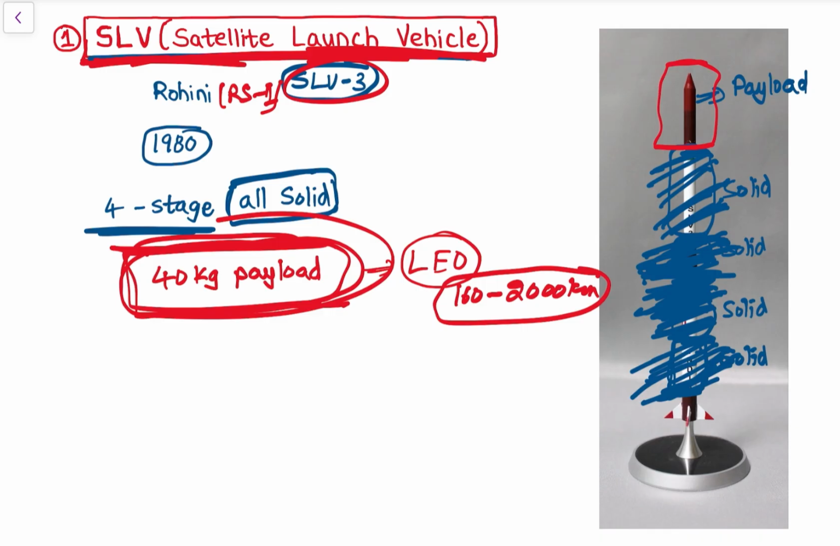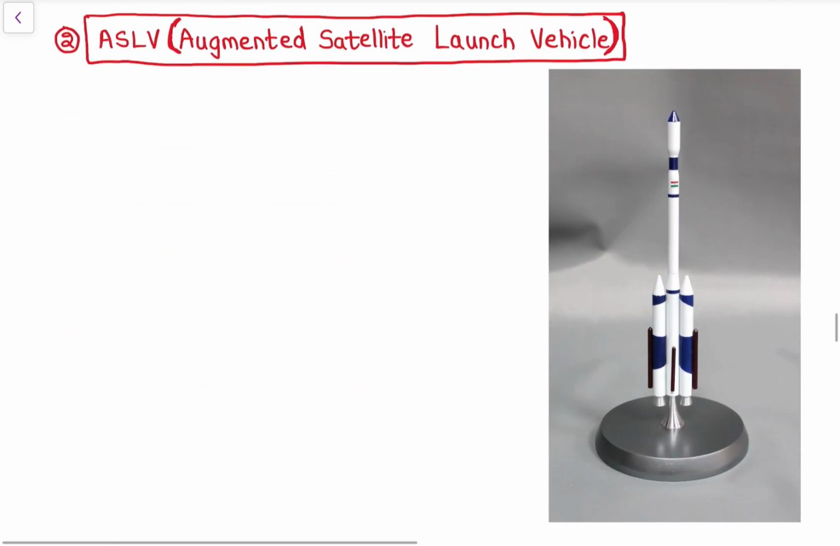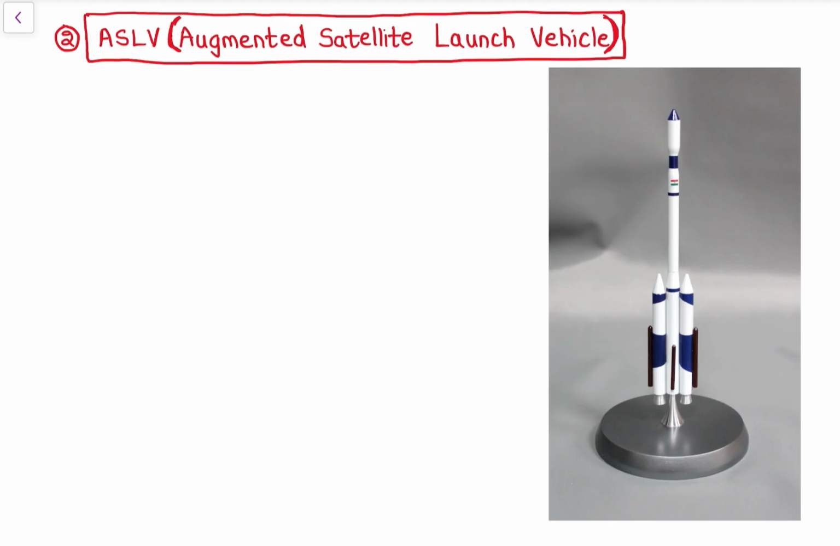So ISRO worked and came up with ASLV. Next is ASLV, the Augmented Satellite Launch Vehicle. It is an augmented version of SLV. It was successfully launched in 1992, and it is a five stage